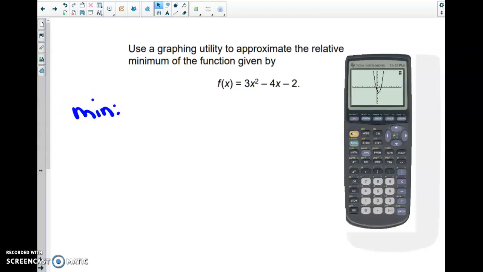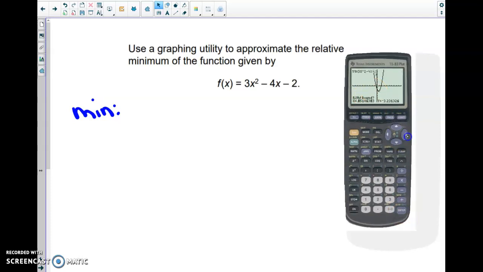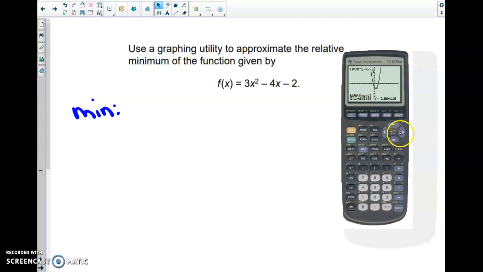So we go to second, trace, option 3 is minimum. Your calculator is only as smart as you tell it to be, meaning it will find the minimum y value between two x values. So you need to give it an interval. It says left bound, so hit enter when you're to the left of the minimum. And then I'm going to move my cursor over until that dotted line